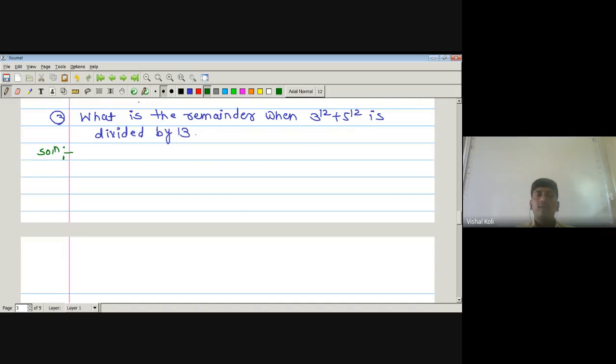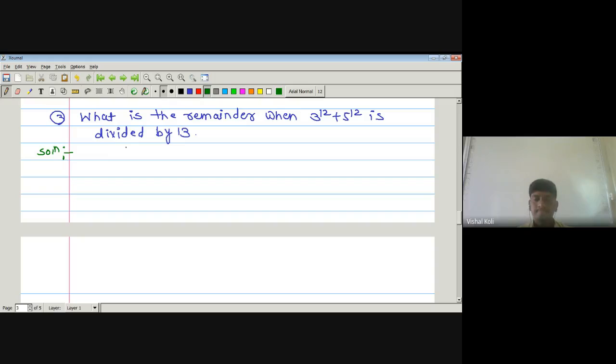Now we will first check for 3 to the power 12. We have to take the power of 3 in such a way that its remainder is as small as possible with modulo 13. That is, 3 is congruent to 16 modulo 13. So here the remainder is so large. If we take 3 square, which is 9.